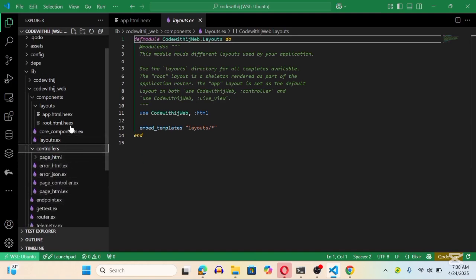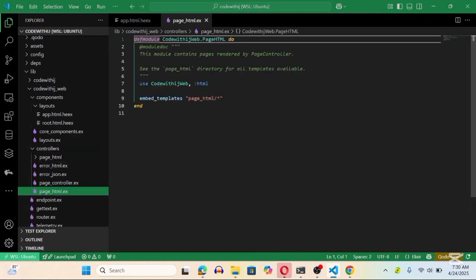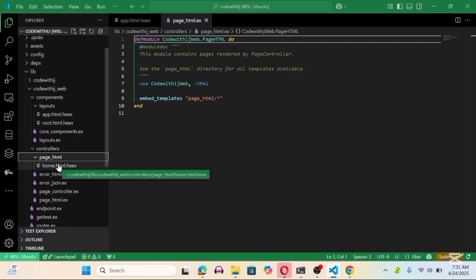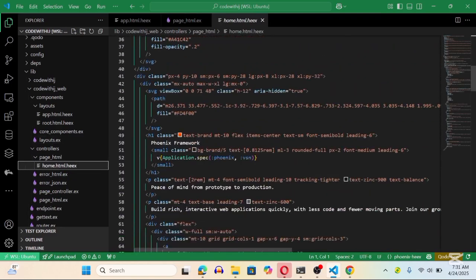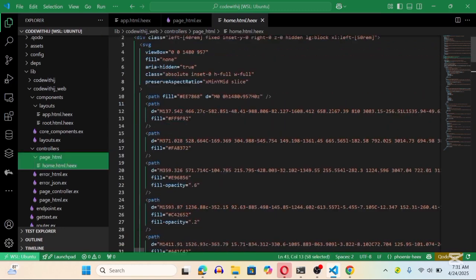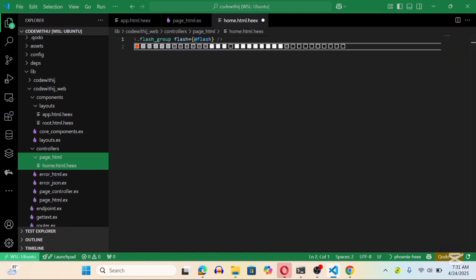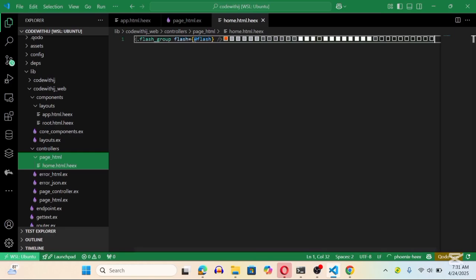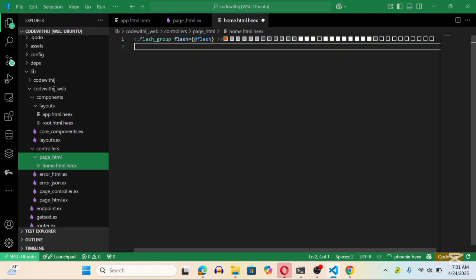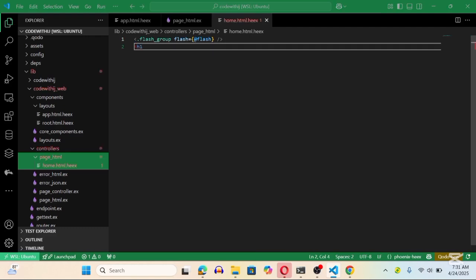But over here now you see there's this inside my controller. The controller is what helps Elixir to make your front end available for the web page to see. So we have page_html. In this embedded page_html, you can see there is a folder called page_html and there's a home template. So if I remove all this code, let me just take away all this code so you get to understand what I'm saying here. I'm just going to do a simple h1. We know h1 is a header tag, the highest header tag. I'm just going to write a simple hello, welcome to learning